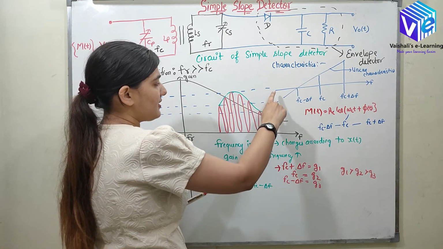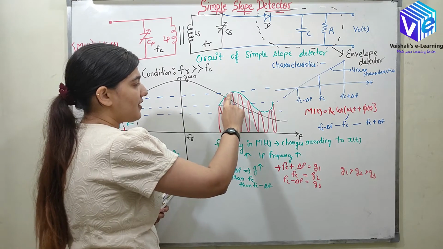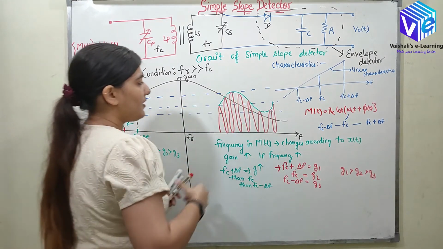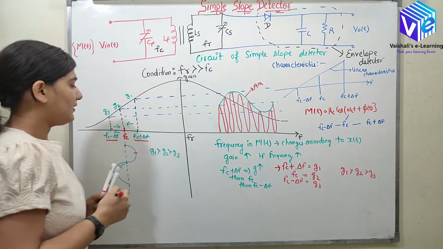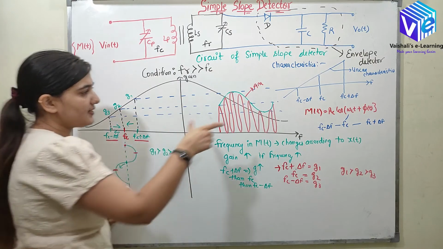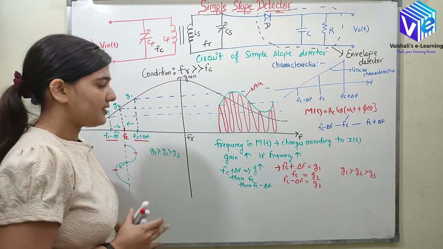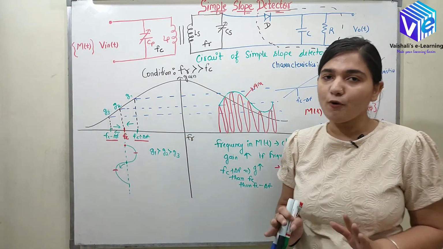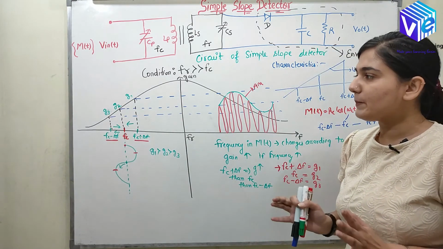So when we are increasing gain, the output voltage will be increased, and when we are decreasing gain, the output voltage would be decreased. So here we have got an AM signal. So with the help of frequency modulated signal, here we have converted it to an amplitude modulated signal. So this was all about the working of this circuit. I hope now you understood how this circuit works. So this is a very simple circuit.